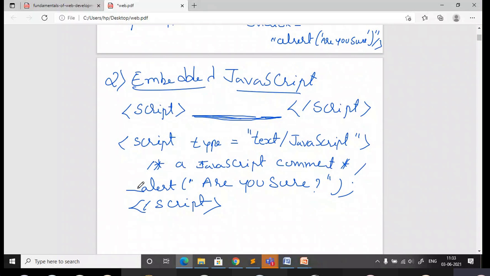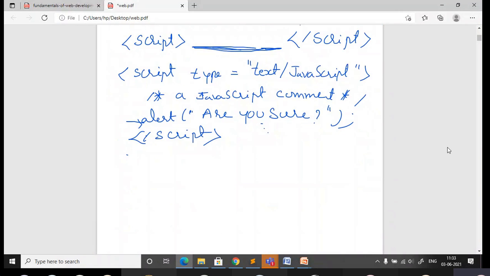Here I have written only one executable statement. Like this you can add other statements. You can write small functions also. For the time being I have not added all those things. Later we are going to discuss how to write functions, how to use variables, if conditions, everything. Okay, is it clear? So if it is embedded, you should add the JavaScript code using a script tag.